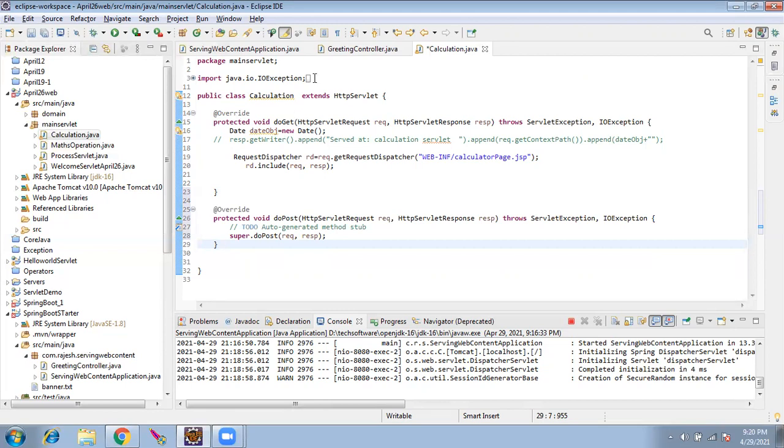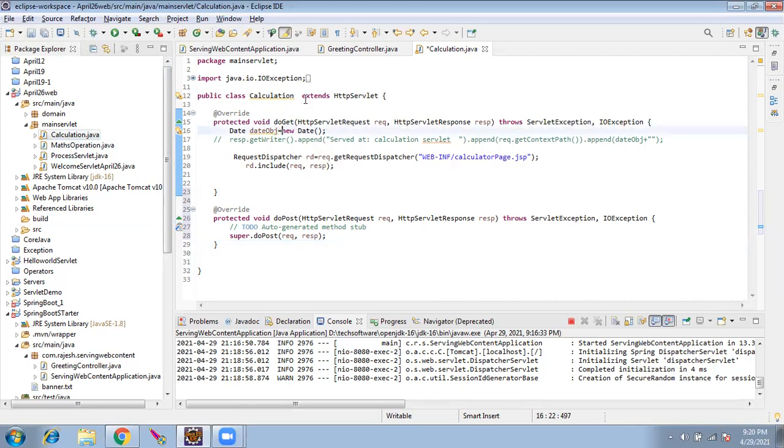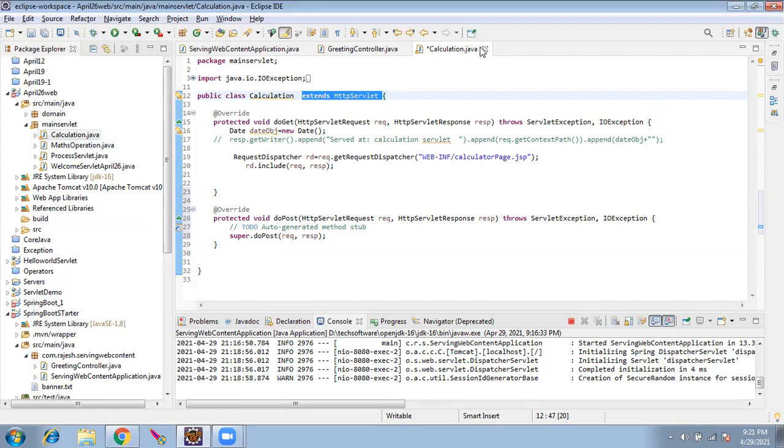What are the major differences? You need not create multiple servlets. If you go to a framework, with the Spring framework, we did not create multiple files. All the files became one single file. We don't create multiple methods for doGet and doPost. We need not extend HttpServlet. So these things need not even be taught to your mind. When I tell you to write a servlet, you need not know that you have to extend HttpServlet.